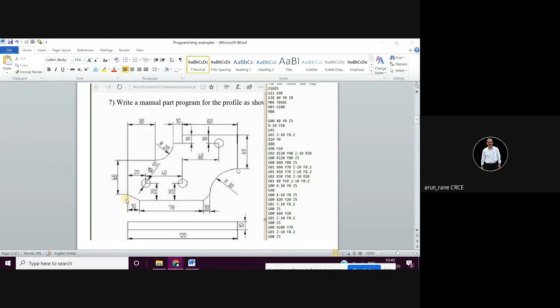The endpoint for this is x120. And what will the y distance be? Now this center is on this line, so here and here this distance is 30 exactly. This is 90 degrees. So this is 30 plus this is 10, so it will be 40. So the endpoints will be x120 and y40, but the control will not understand, so you need to give the radius also. So r30.